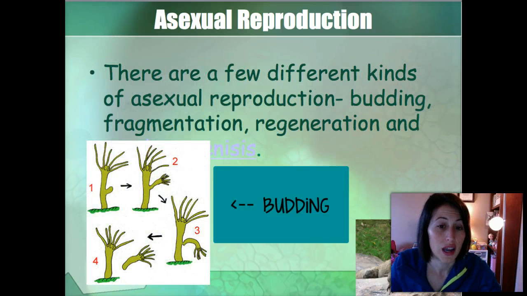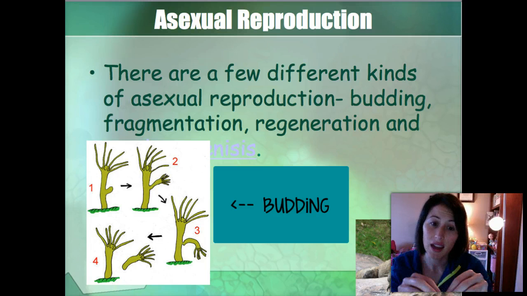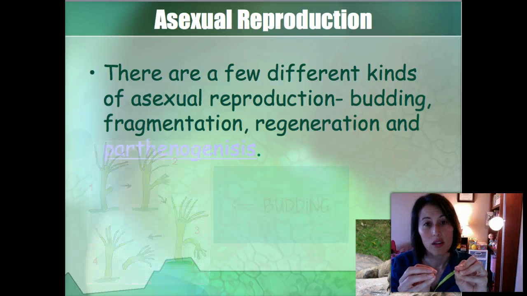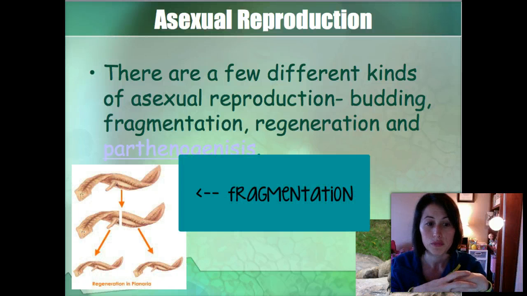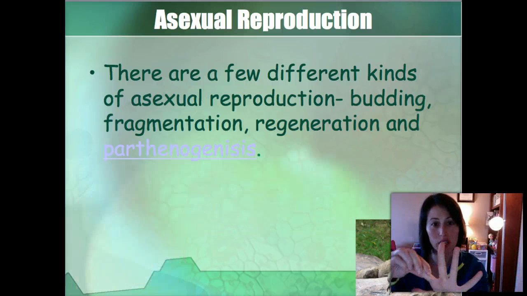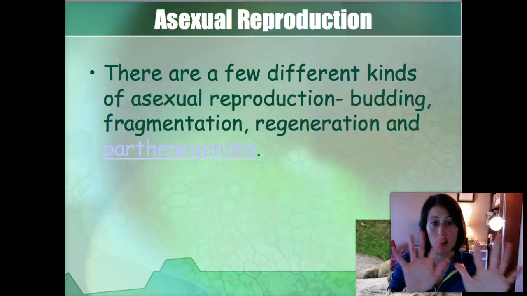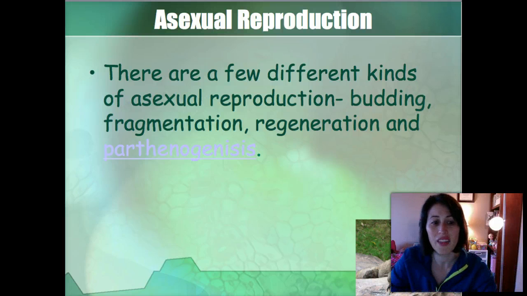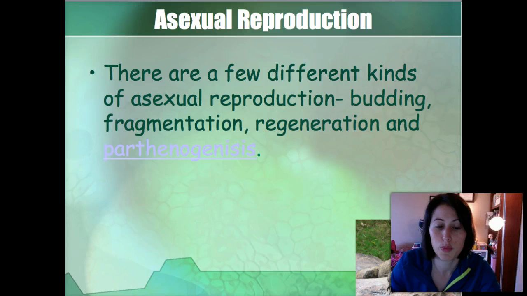There's also a type of asexual reproduction. There's different kinds, okay? So budding is just where a little offshoot forms and breaks off and becomes a new organism. Fragmentation, that's when starfish or sea stars, if one of their arms comes off, it can grow into a brand new sea star, and they will be identical to each other. Regeneration, and then parthenogenesis. And parthenogenesis is pretty cool. So real quick, I want to show you a video.